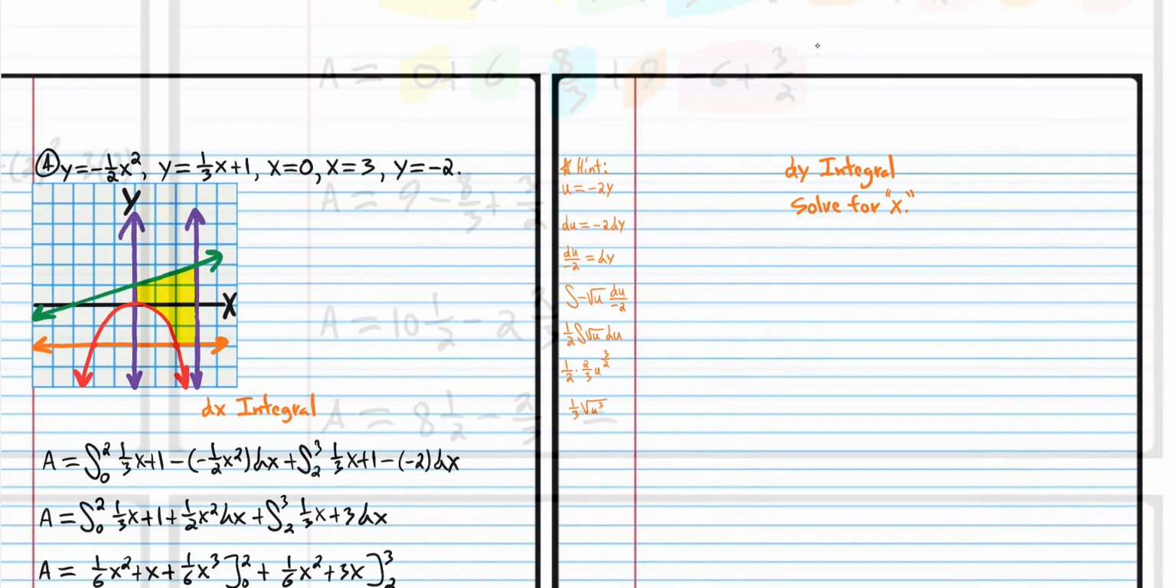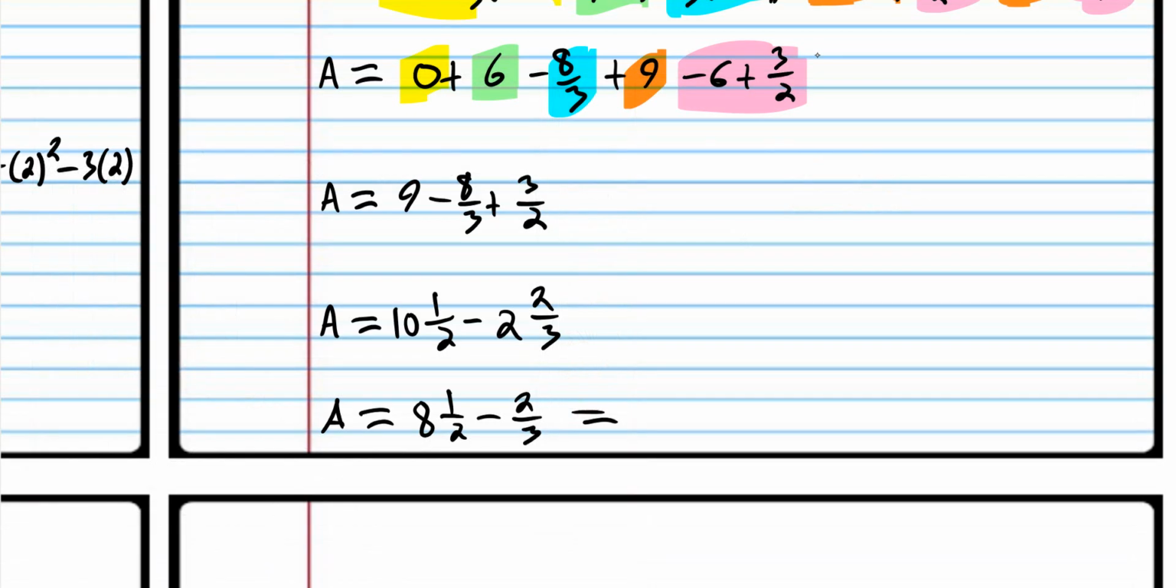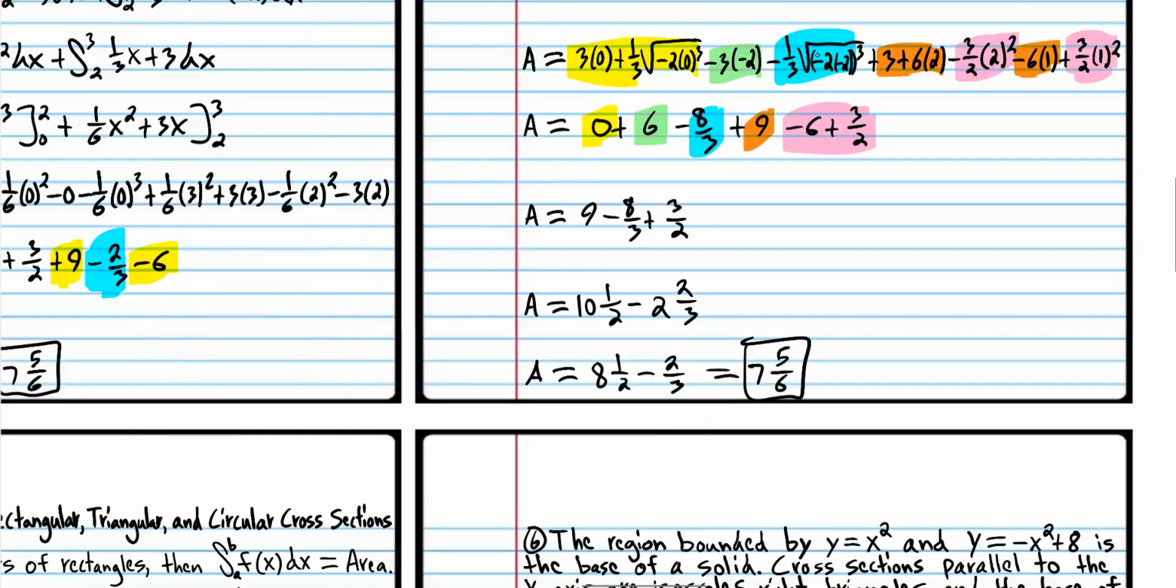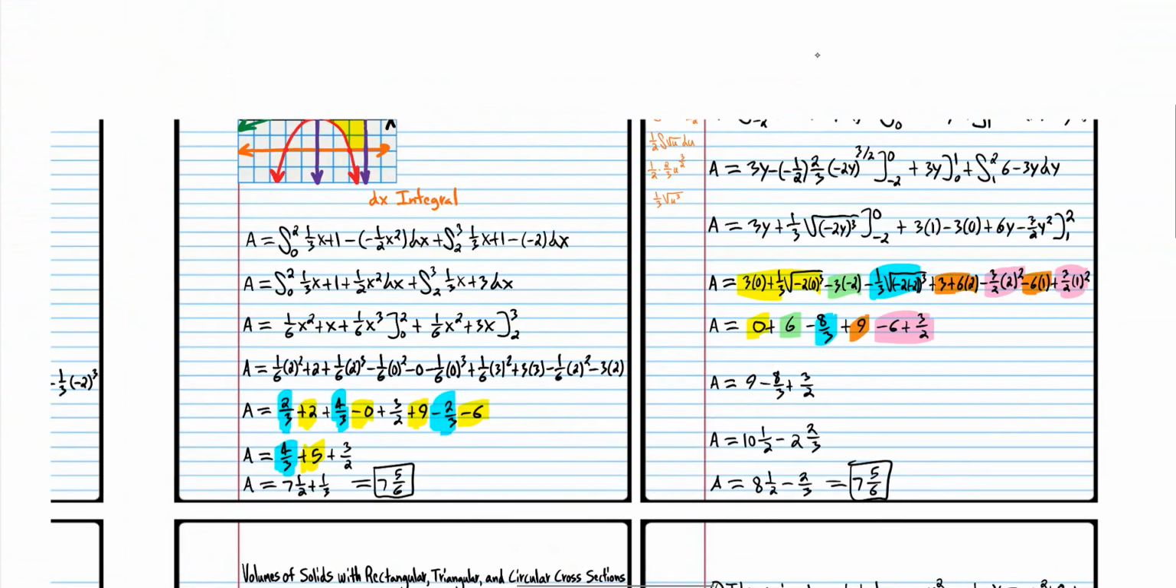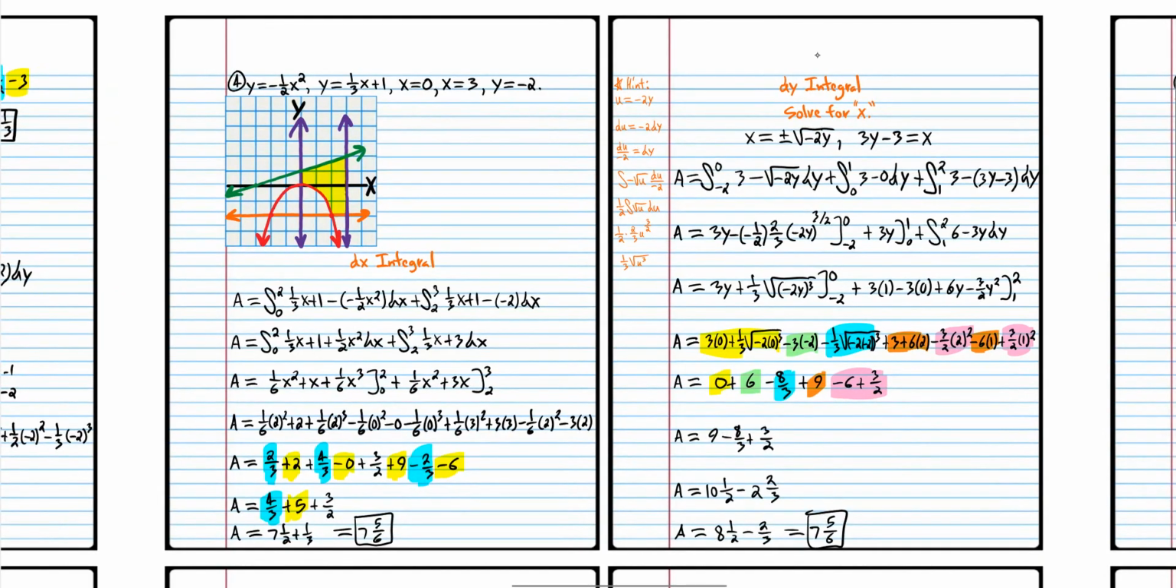Okay, we're back. 7 and 5, 6. So as you can see, we got the same answer. So if you got that right, good. Now that was a challenging problem. There's u substitutions and all kinds of weird things going on. But if you got that right,